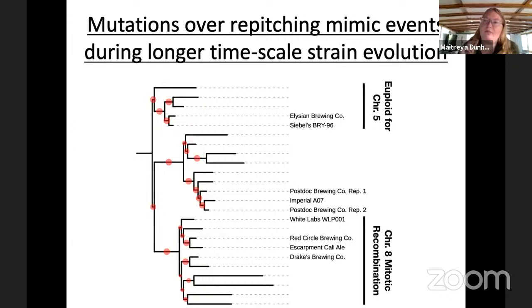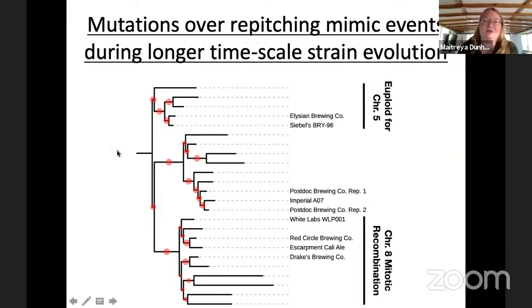There's one more mitotic recombination that we saw multiple times on chromosome 15 once we added in all these new replicates. And it's really exciting to think about this in the context of what has happened to these strains historically. They clearly have way too many mutations, and you can't do genetics on them because they're tetraploids that won't go through meiosis. But can we use de novo mutation and experimental evolution to understand how these mutations behave and what they might be doing over the course of a strain evolution like this?